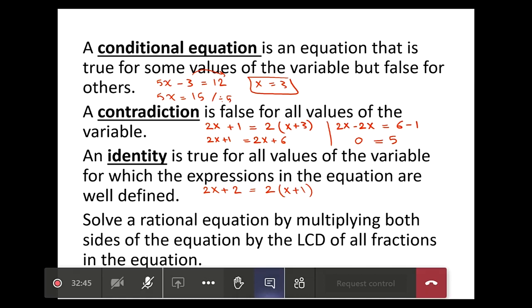So the solution belongs to R. 100%. The solution set is R. Why? Look at this. 2x plus 2 equal 2x plus 2. This is the same equation in both sides. Okay, move the 2x, 2x minus 2x 0, move the 2, 2 minus 2 0. So always the left hand side 0 and the right hand side 0. Okay,